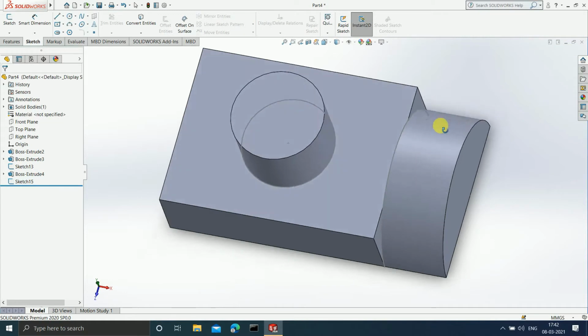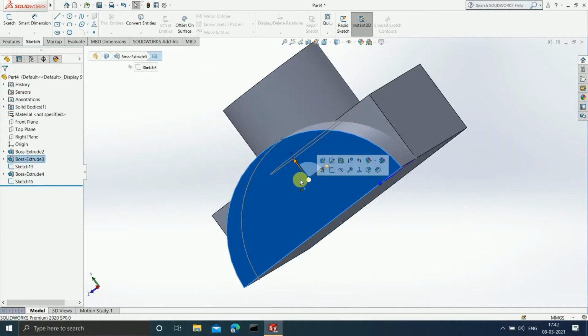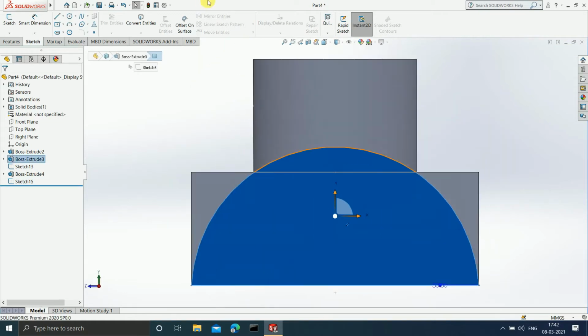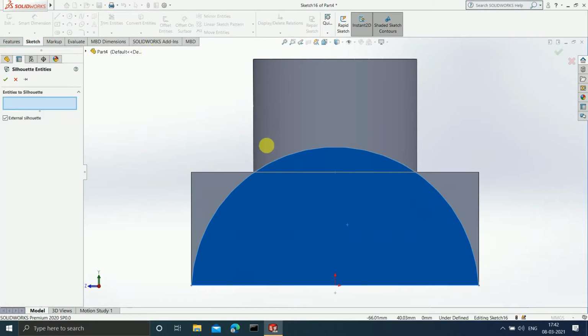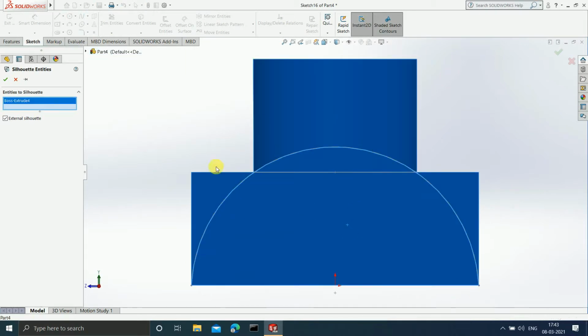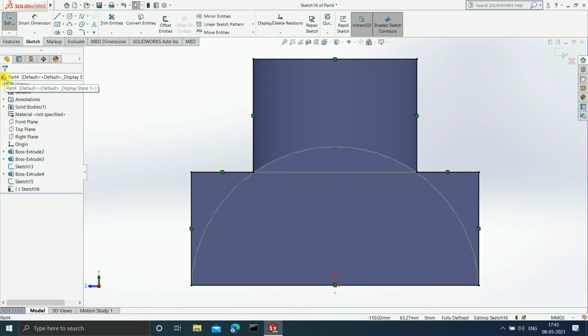Now guys, suppose I go to this particular plane, press Ctrl 8, and click on sketch. Here you will see one more option, that is silhouette entities. When you select silhouette entities, you first have to select the entities that you want to silhouette. So I will select this particular thing, and as soon as I click on OK, see what happens.